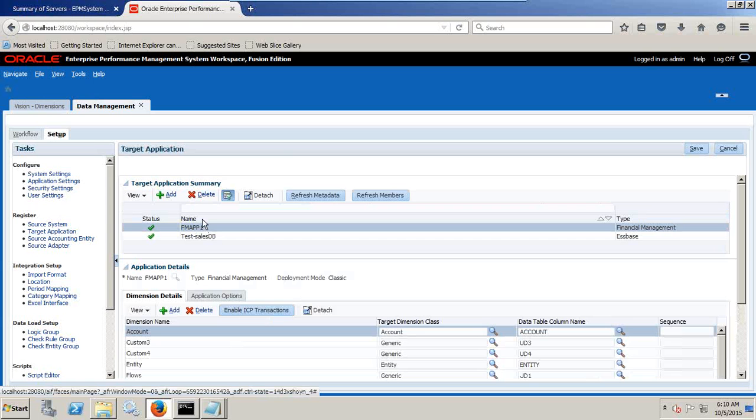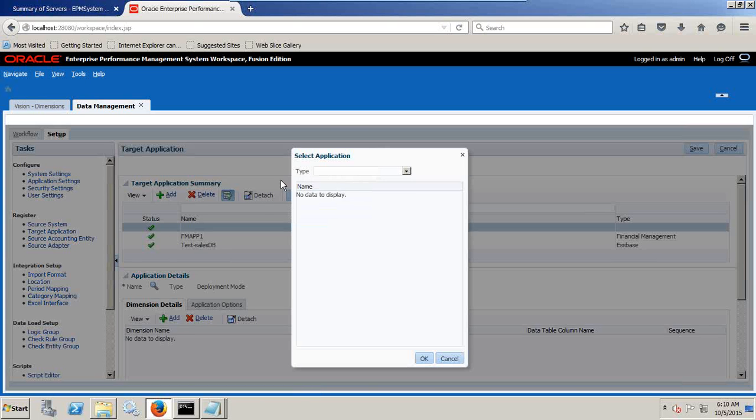Target, in this example, the target application is the planning application. When you click on plus, all the applications are available. Supported applications are planning, financial management, Essbase, HFM, or profitability. I select planning application, and all the planning applications will pop up over here. I'll select the planning application Vision. The first time it takes a little time to populate. I select the planning application Vision over here,